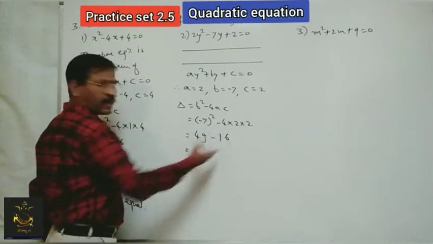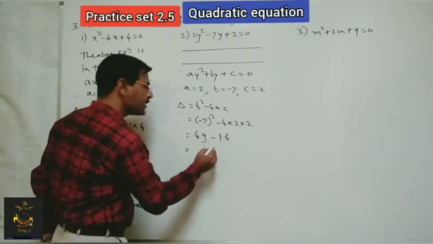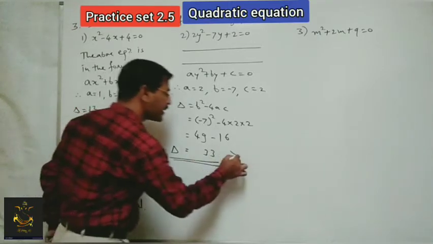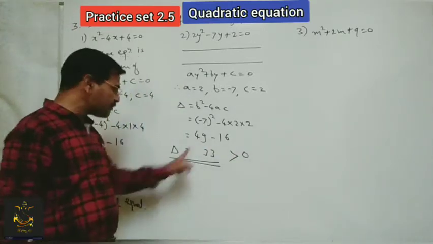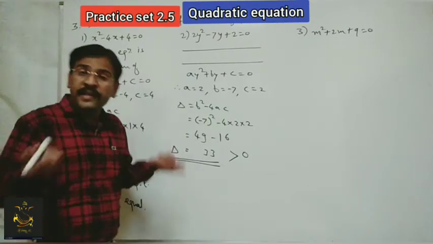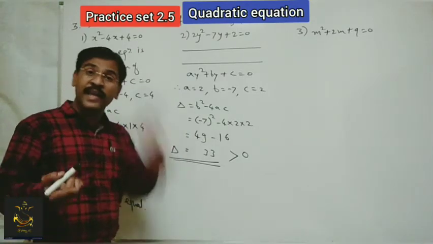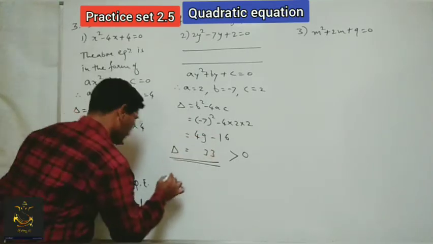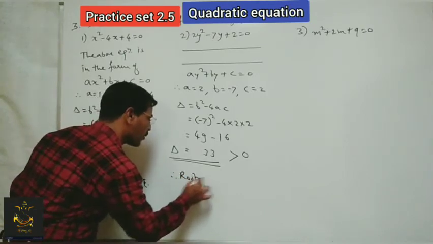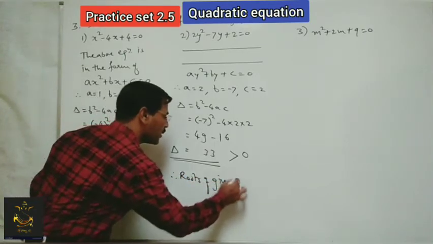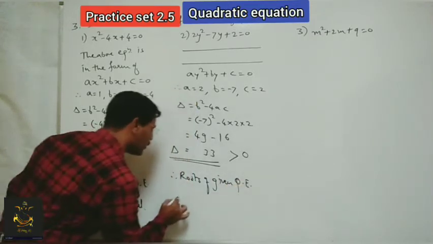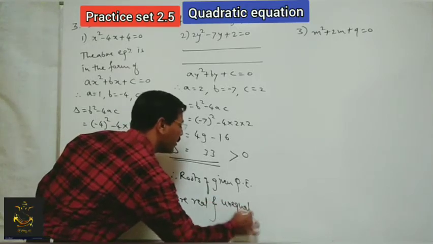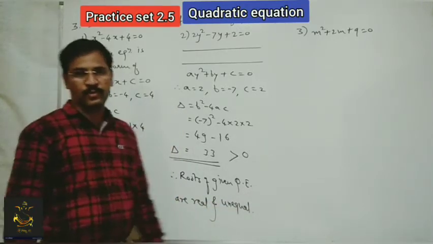Okay, now just subtract. What will we get here? 9 minus 6, 3. 4 minus 1, 3. Here, this is the delta, which is greater than 0, remember. It is positive, no? So greater than 0. Greater than 0 means, as we know, roots are real and distinct, or unequal also we can write. Okay, therefore,